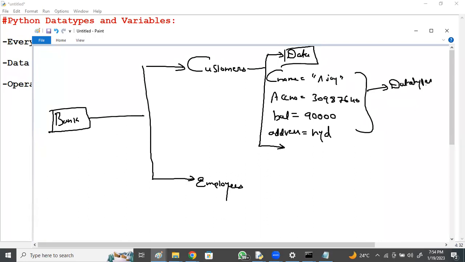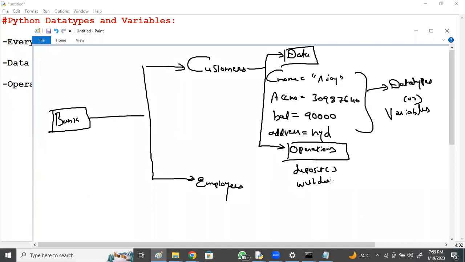Generally, why do we go for data types or variables? To represent data. Operations, which we'll discuss later, are like deposit operation, withdraw operation, transfer operation. These are represented using functions. These functions we'll be discussing later, functional programming with Python.